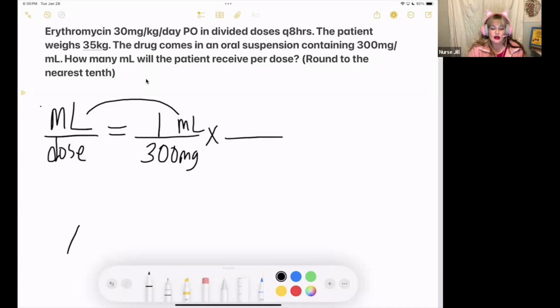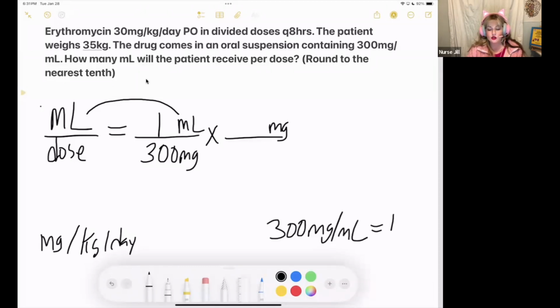Next, we know we've got to have another milligram label. All right, so we look at the 3 factor because that's the only one that has milligram in it, right? Once you break into that 3 factor component, which by that I mean milligram per kilogram per day, you need to use every part of that component. And again, we want to keep things as close together as possible in our equation if they're close together in our question. And just like the 300 milligram slash ml is a twin that we can't separate,